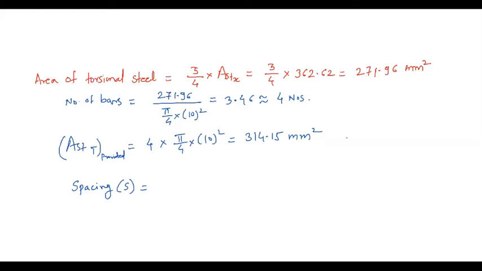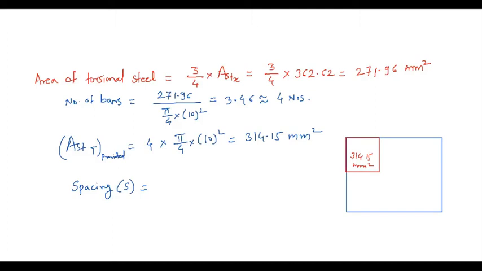So here you can see this is our total slab. Okay. Now in this total slab, let us consider any one corner. So let us consider this corner. Okay, here we are going to provide the torsional reinforcement. Now what is our area of steel? Our area of steel over here is 314.15. Okay, this is our Ast. This much of steel we are going to provide over here. That is the 4 bars. Okay.